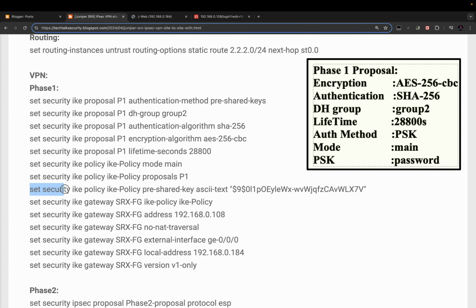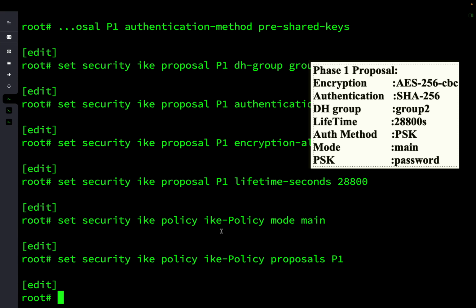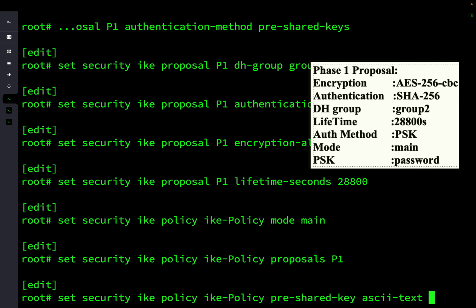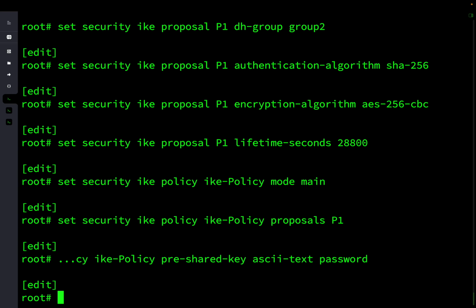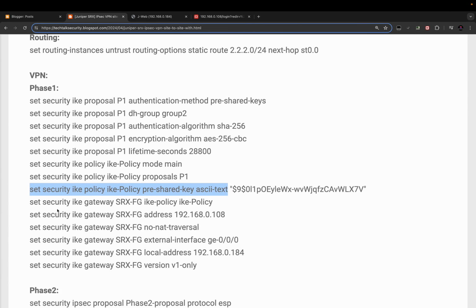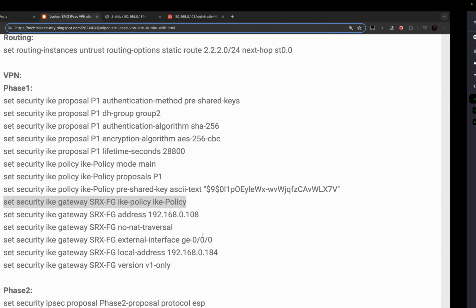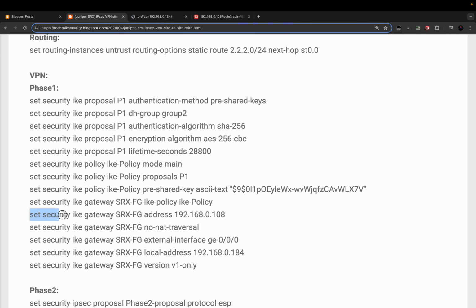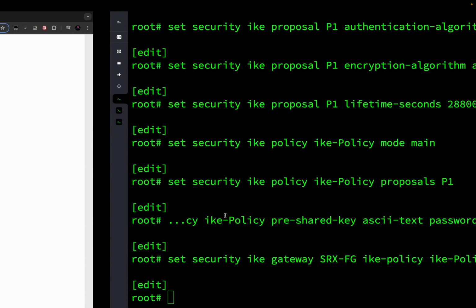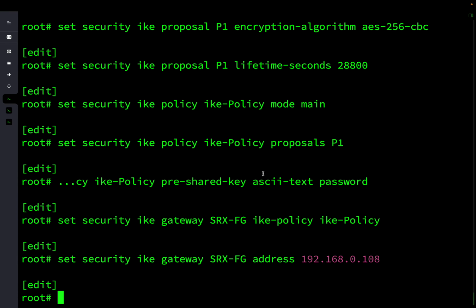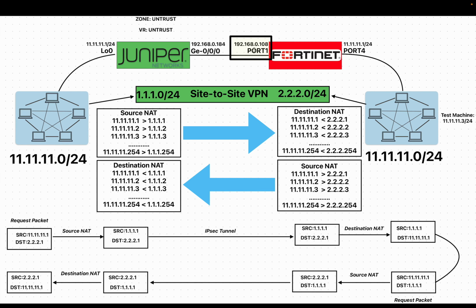Next is the pre-shared key configuration, which in our case is going to be ASCII clear text. And I'm going to match the same pre-shared key that we have configured on the FortiGate firewall, which is password. Now we will configure the gateway and we will call the IPsec policy, and we will define the remote address, which is going to be 108. You can refer to the diagram. Port 1 on FortiGate 192.168.0.108,